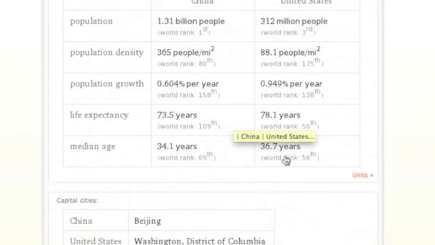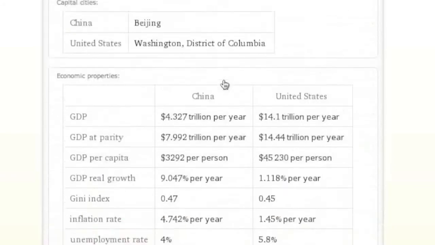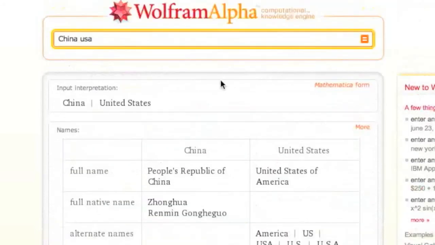Median age is fairly close. Oh, look at the population. 1.3 billion, and the US is 312 million. Population density, 365 people per square mile, and the US is 88 people per square mile. So you can see how handy a site like WolframAlpha might be in your classroom